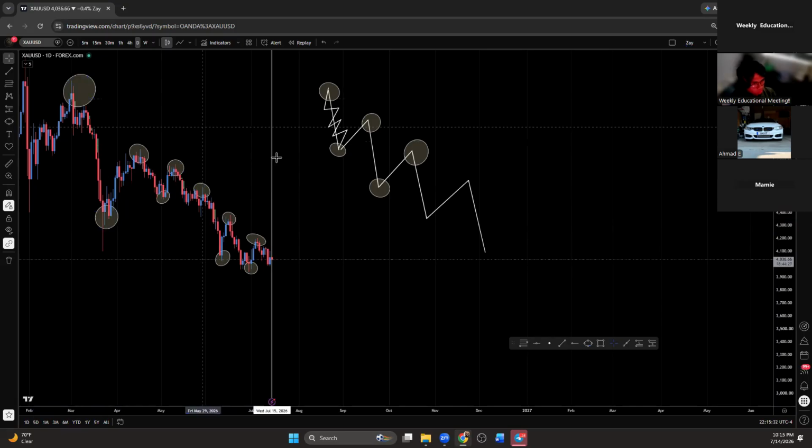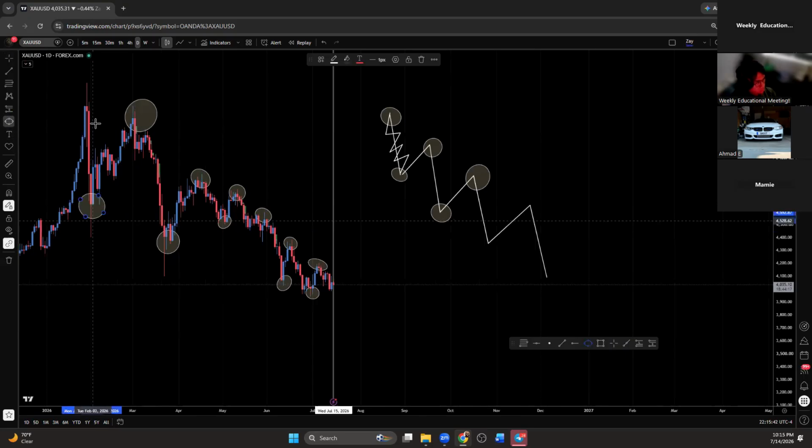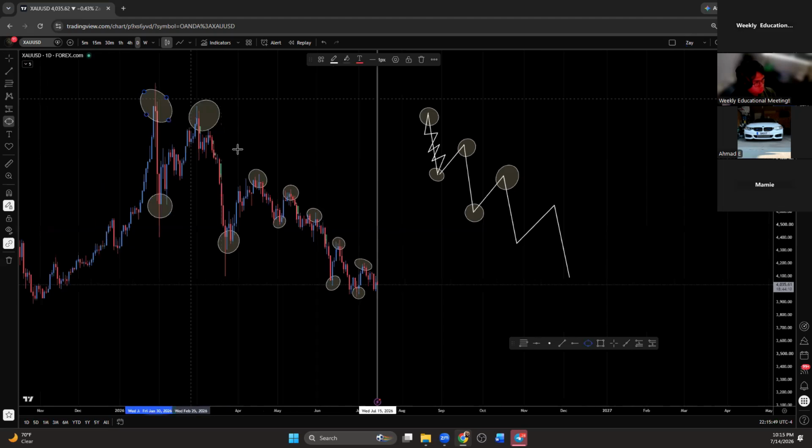And looking at this, I can easily tell what type of trend this is. Let me not forget this here. Let's go ahead and finish it here and here. So looking at this, I can easily tell what type of trend this is. Can y'all tell me what type of trend this is from these little circles I have up here? Downtrend. Downtrend.